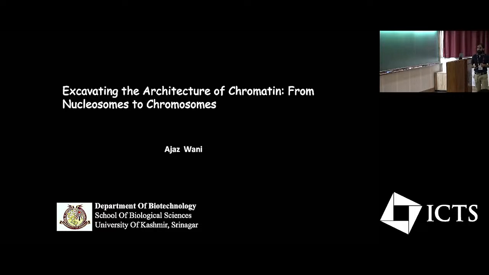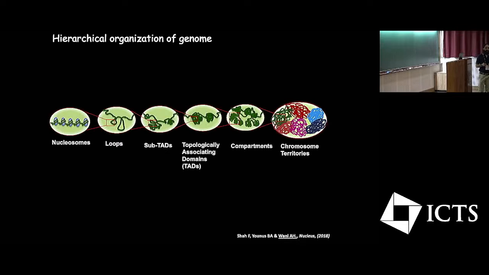Okay, so what we have been discussing from yesterday is that chromatin has a hierarchical organization, and I think every speaker showed a different version of it. This is the version which we use. I would like to make two points here. We expect in a hierarchical organization that one level of organization influences another level, or the other way around. That's expected from any hierarchical structure. Another thing is that the strength of this hierarchical nature of chromatin hasn't been thoroughly tested.